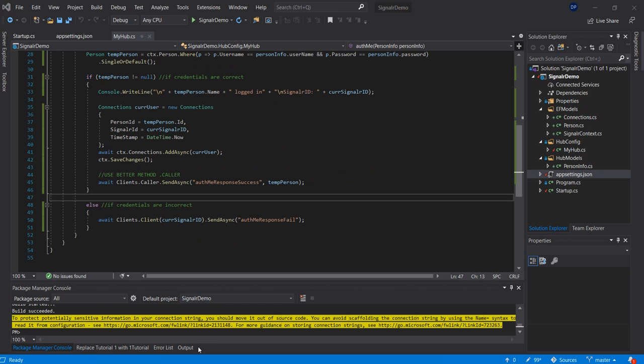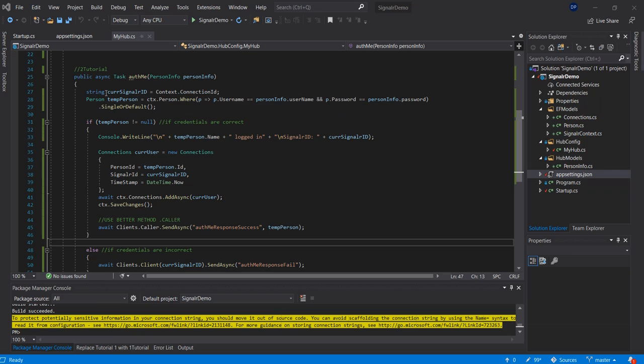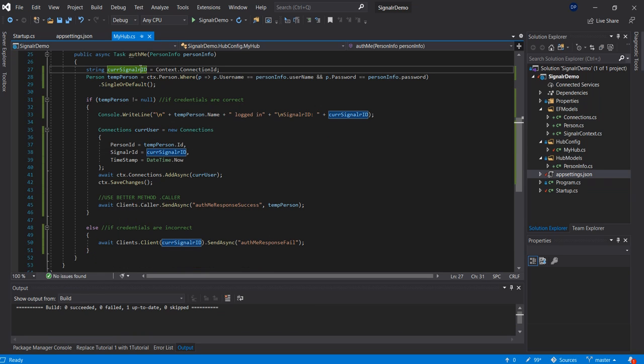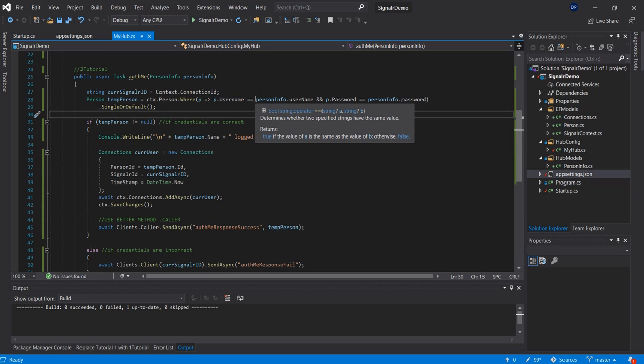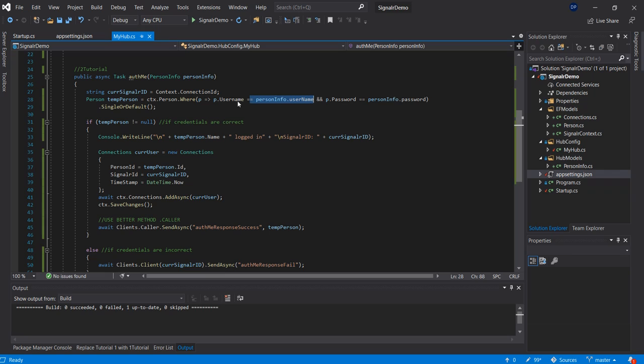So now we can go back to the server and explain this function. How does this work? As you can see here, I'm saving my connection ID in just a string variable, because I'm using it in multiple spots. Here, I'm doing a very, very basic authentication procedure where I'm checking if the username that's typed in matches the username from the person table, just a basic LINQ query. And the same goes for the password. If the password matches the password from the form,